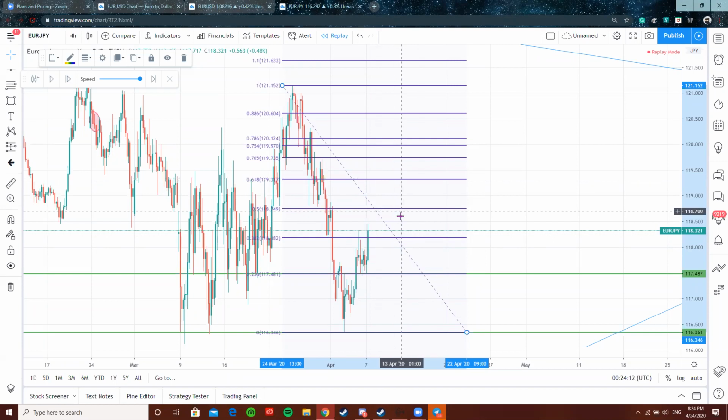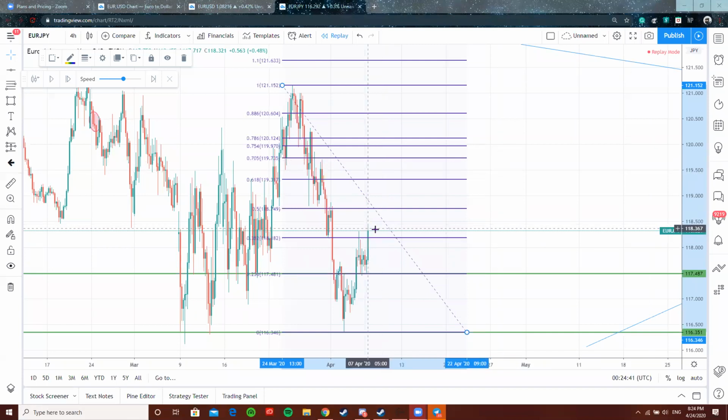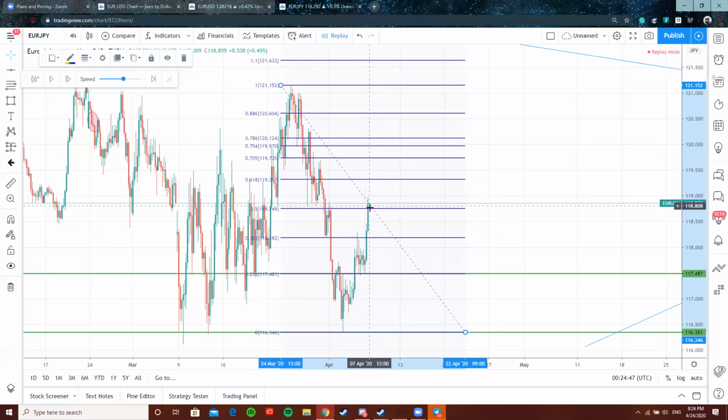So let's look at this from our standpoint. If we wanted to enter this trade, would we enter right here, where it broke past the 38.2 and closed above? Would we enter? No, you would wait for a retest since it just broke it. Yeah, exactly. So you wait for a retest, and what happened? Boom. It jumps up more, and if you would have entered here, your SL would have gotten violated, right?